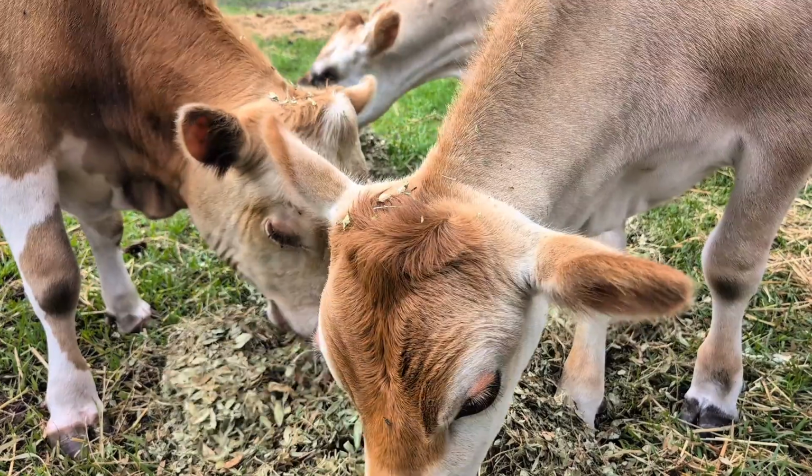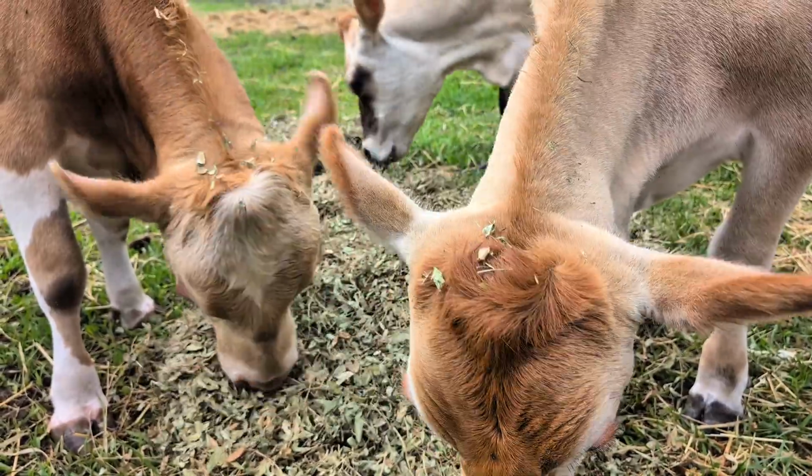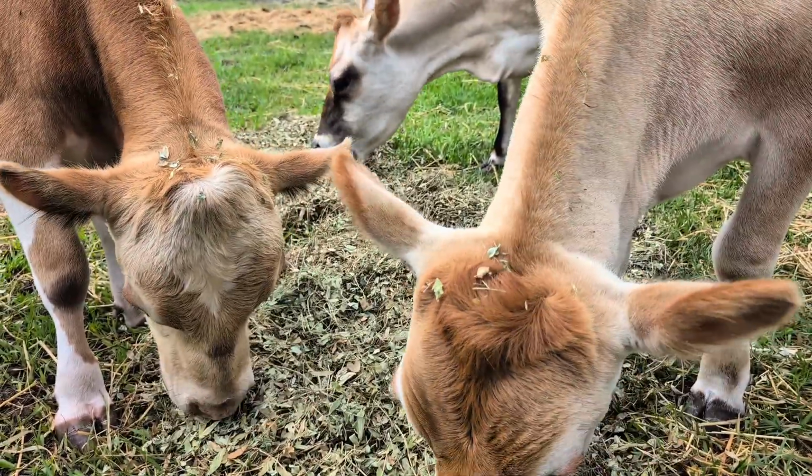Now, when thinking about how much space you do need, keep in mind that cows are herd animals. So we don't want to be keeping 1 cow by themselves. And I'm not saying that you can't, and for some short amount of time that might be necessary or okay, but they really do prefer to have a buddy. So we have Sylvie, we have her calf, and we also do have a bull with us right now, and I'll talk about that a little bit later. They're all small, but we have 3 short little cows on our property, and it has not been a big